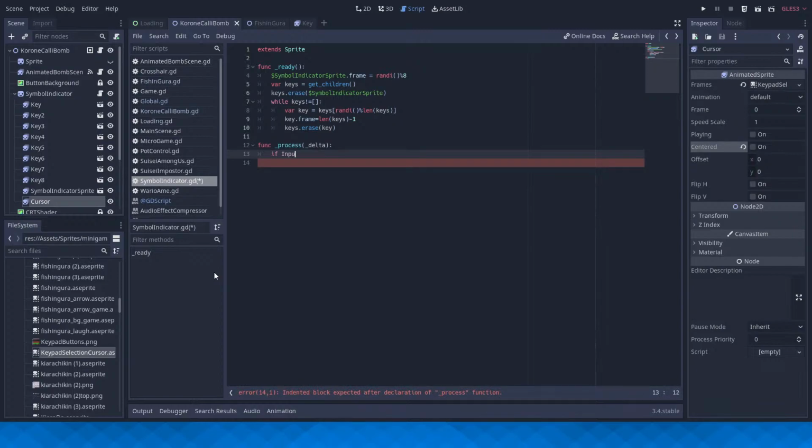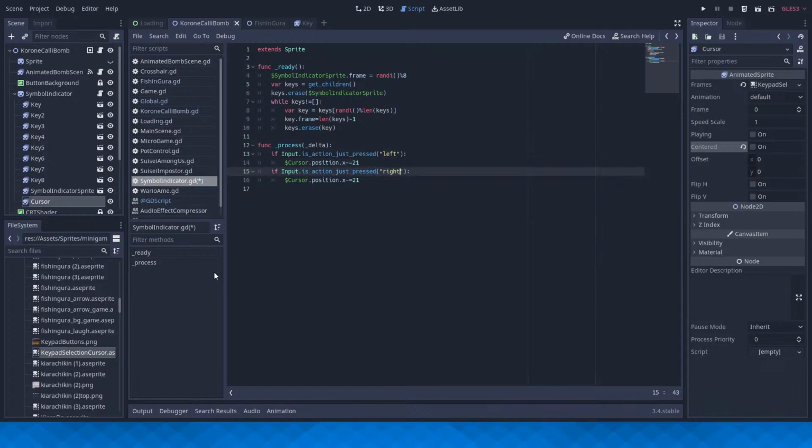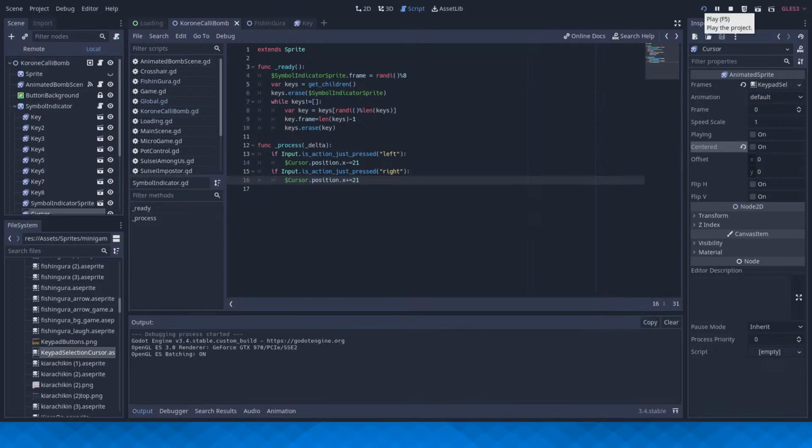If input dot is action just pressed left, cursor dot position dot x negative equals 21, and do the same for right and make that positive equals. That's positive equals. There we go. So now, if I press left and right, the cursor should move left and right.